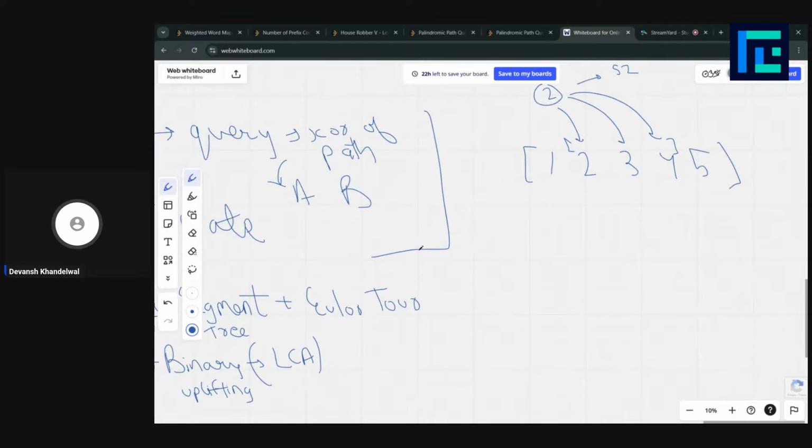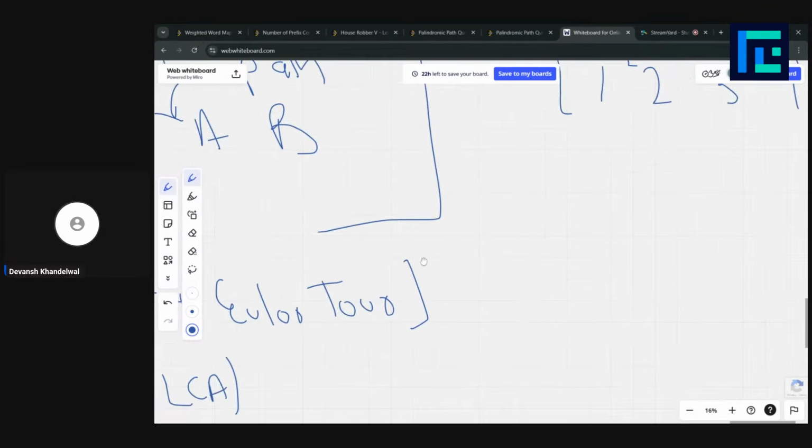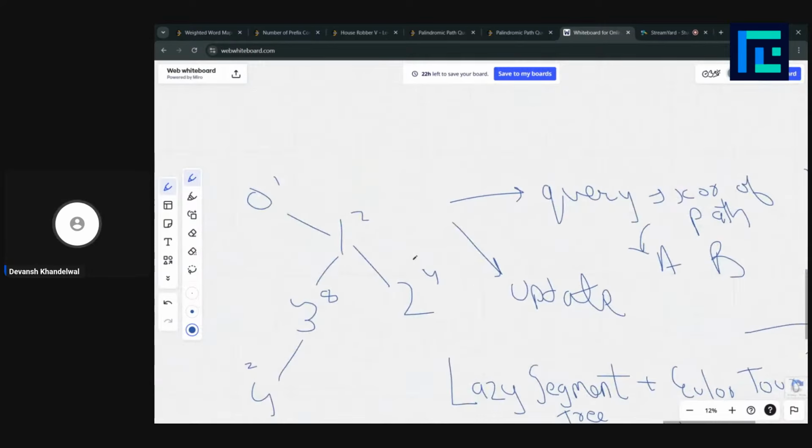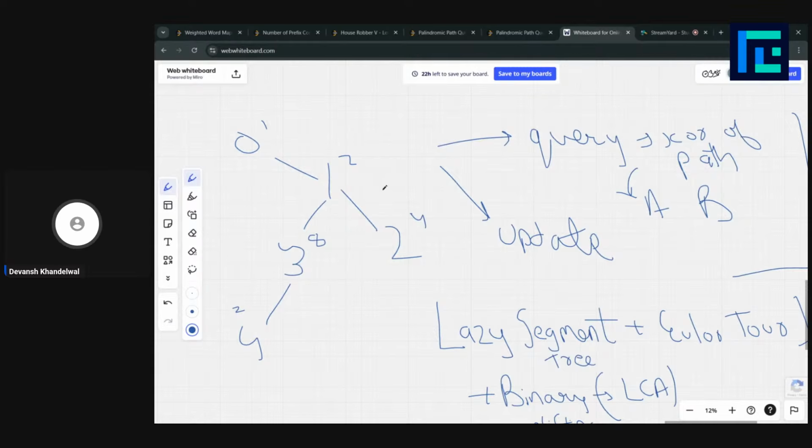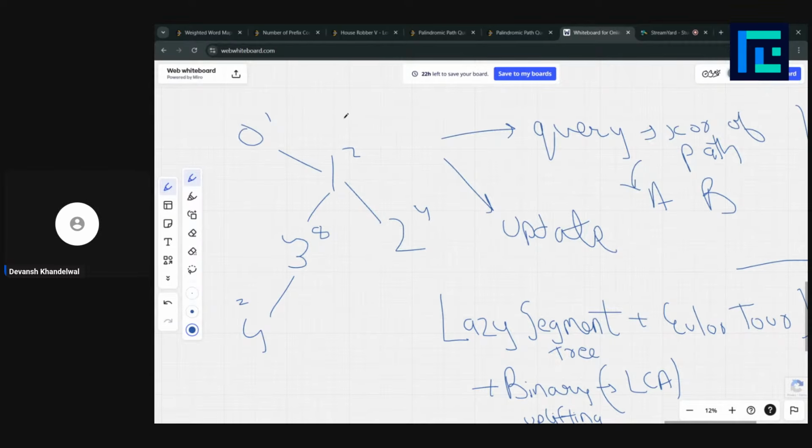Right. Euler-Tour is an algorithm which is basically, in a tree, algorithms like segment tree, Fenwick tree, we could easily apply to arrays or vectors, right? But for a tree, it's very hard to apply. So for a tree, we have some algorithm that basically flattens the tree, and using that flattened tree we could easily apply segment tree or lazy segment tree there.